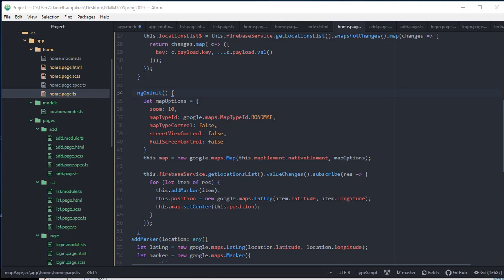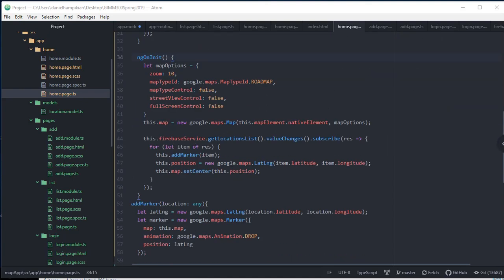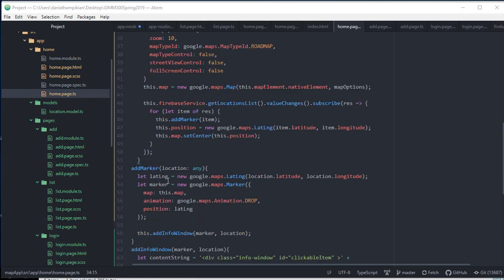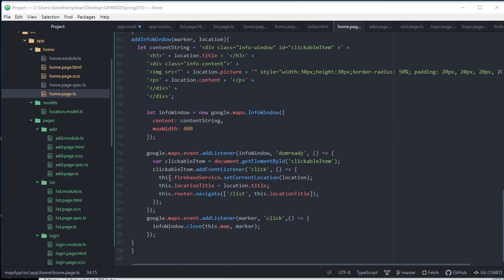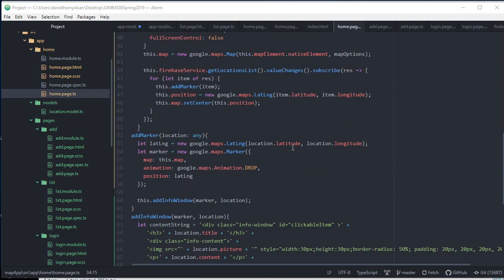And first of all, we can fix the... we needed an on context change here. So let me just paste this in